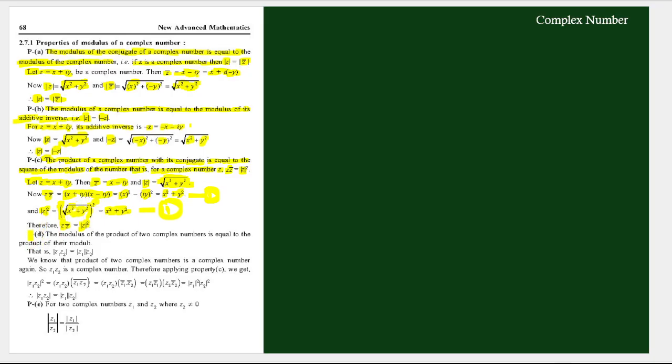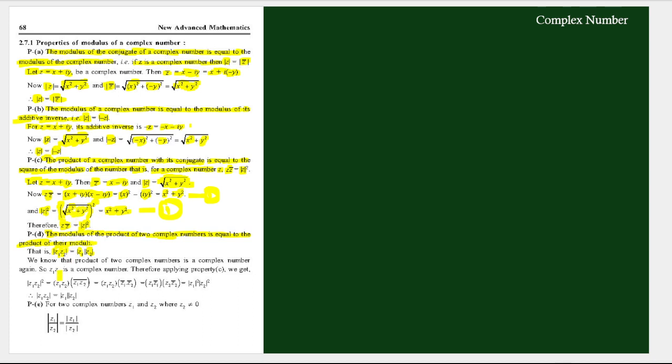Let's come to our next property. The modulus of the product of two complex numbers is equal to the product of their moduli. Moduli means plural of modulus. Okay, what is it? Two complex numbers, its product, and their modulus. So modulus of the product of two complex numbers is equal to the product of the modulus of each complex number separately. That means